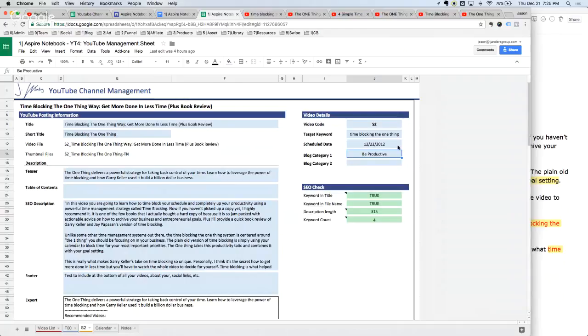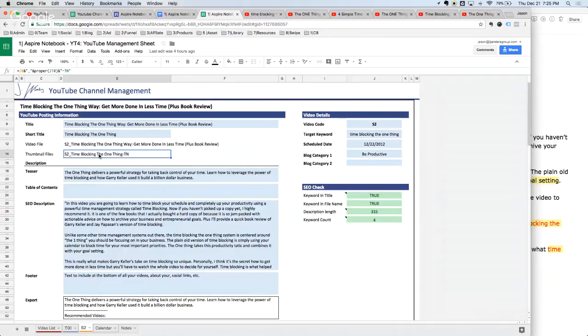So first thing you want to do is once you've entered your target keyword and you put in your title, I have a short title for my cards. Now this automatically just takes your keyword, but you can type over this, no problem. And the other thing this does is it creates your video file name and your thumbnail file name, because you want your video file and your thumbnail file